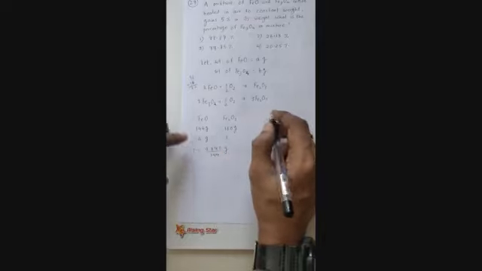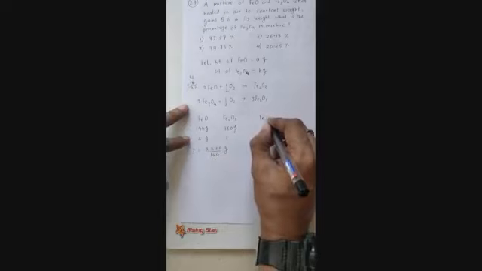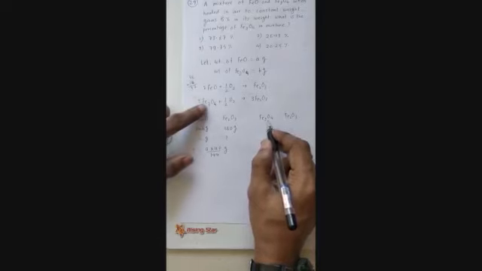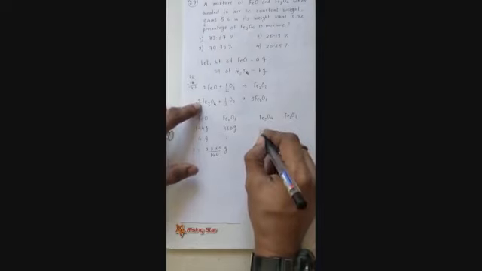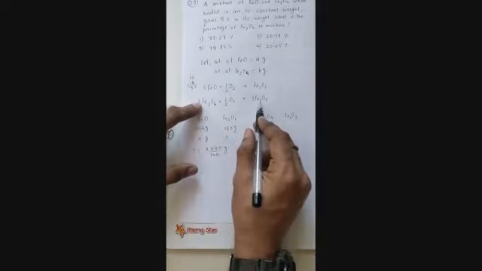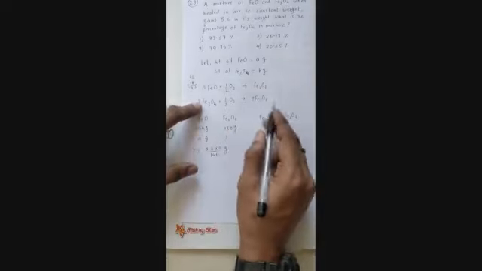Now, similarly, we need to think about this. Fe3O4 giving Fe2O3. So what is the molar mass of Fe3O4? और उसका twice लेना है because it is 2 moles. So that comes out to be somewhere around 464 grams of this is producing 160 का 3 times. So that is going to be 480 grams.